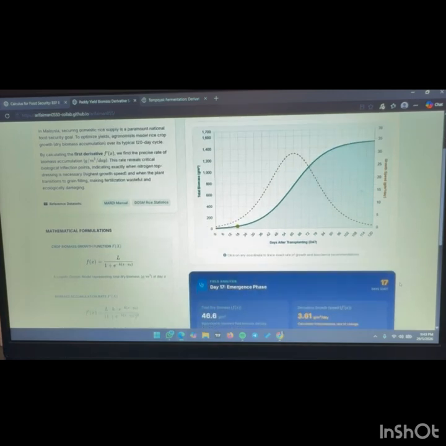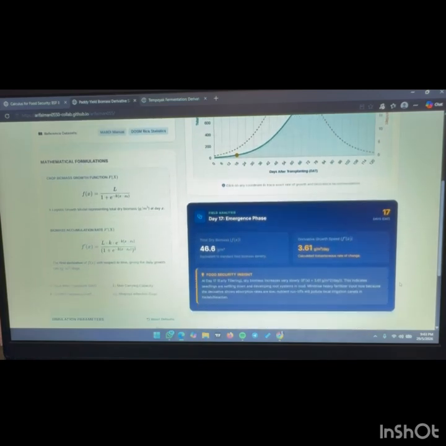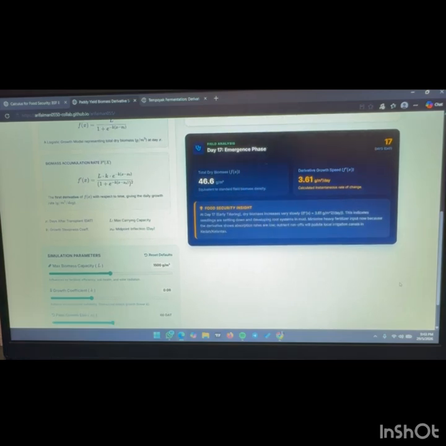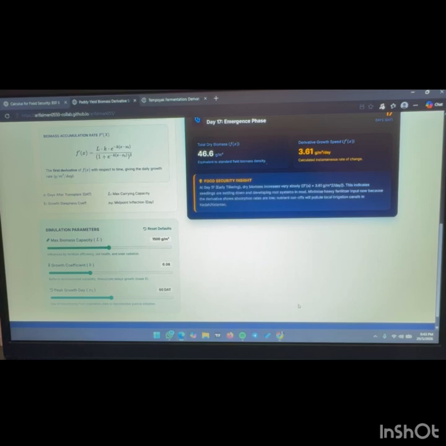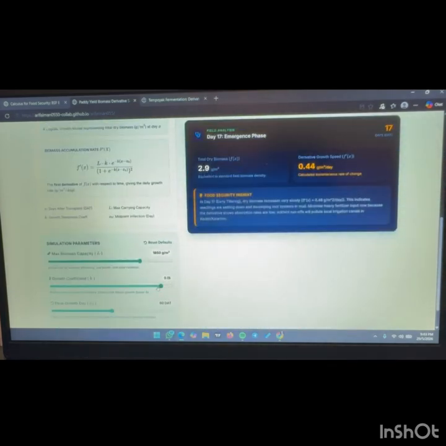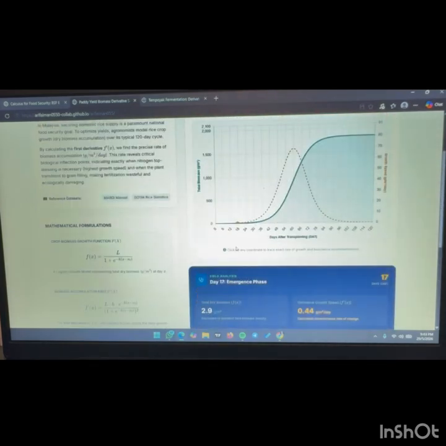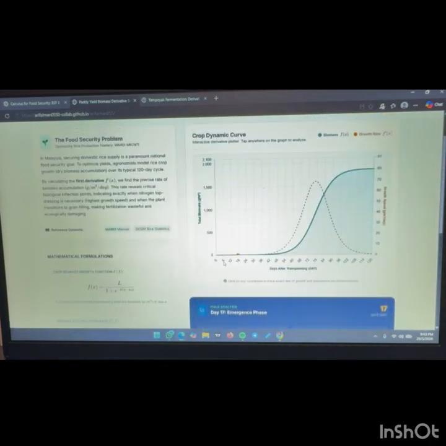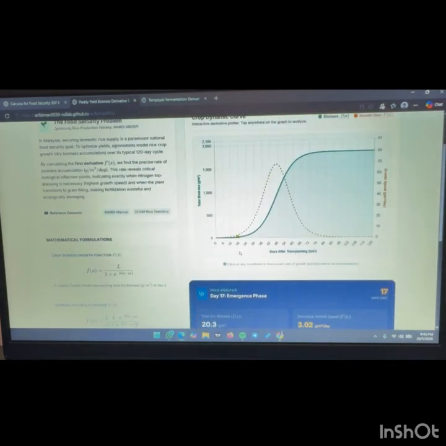Okay, now to make this website even better, I recommend live data upload buttons. Right now, users have to set the values manually by moving sliders. If we add a feature where farmers can upload real weather data or soil readings from their files, the website could automatically calculate the perfect fertilizer timing for them. This would turn this educational tool into a real-life helper for local farmers.